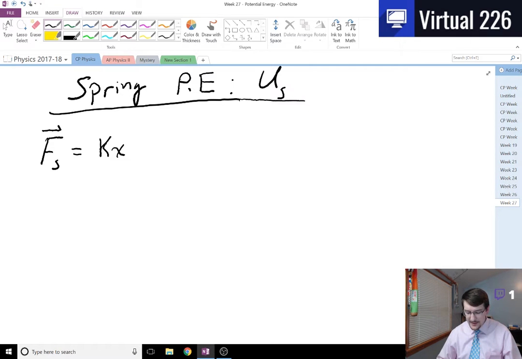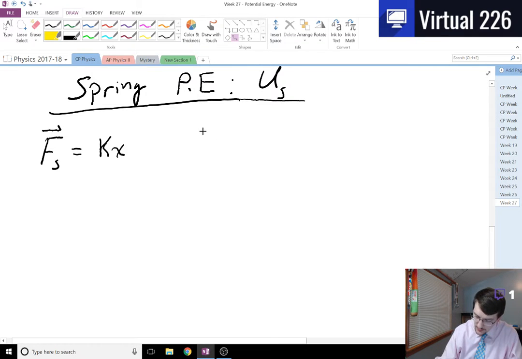If that force is there, then what we can do is figure out how much potential energy we store in a spring. Because if you stretched a spring out and left it there, it wants to snap back. That's what it wants to do. But you can stretch it out and pin those ends in place, and it will stay there. There is some stored energy now in the spring. It wants to go back to where it was. So if we take a look at a graph here,